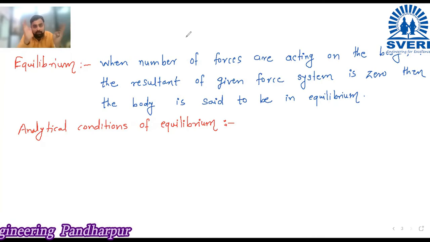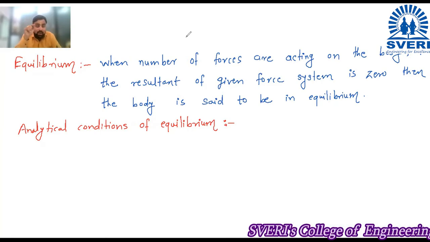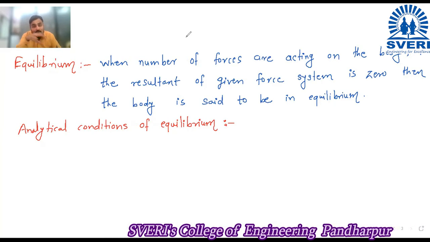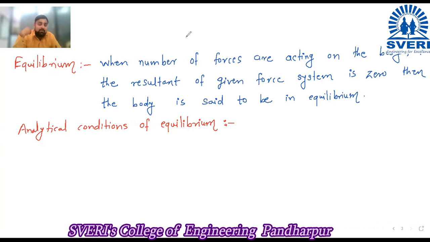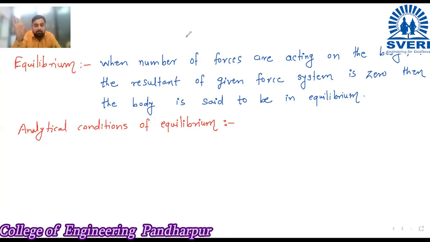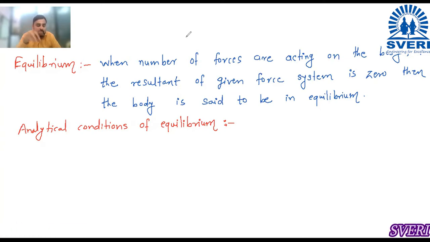Don't try to connect the things like that. म्हणजे तिथेही घेतलं, मग तिथं कशामुळे घेतलं? तिथे तर equilibrium नव्हतंच की. Then why did we take it? Whatever the conditions are given in the numerical, accordingly we have taken summation Fx = 0, Fy = 0 in the previous chapter. But here in this chapter, they will tell us that the body is in equilibrium. So automatically you have to take the equations: summation Fx equal to 0, Fy equal to 0, and M is equal to 0.